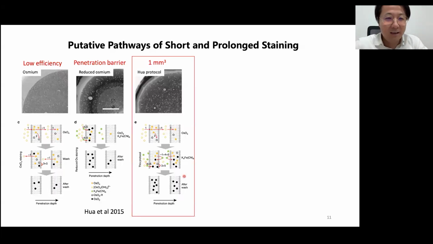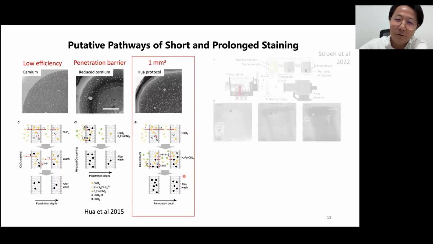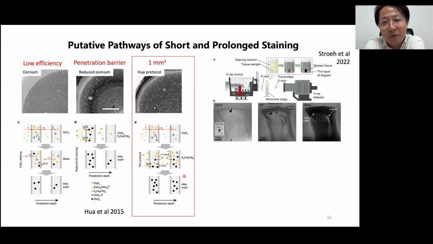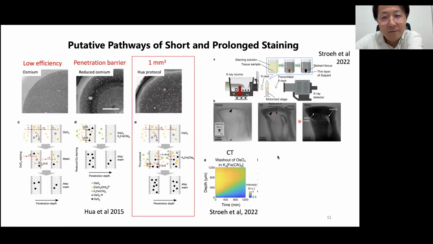Okay, so far, we go back to about 10 years ago, it's already 10 years. We saw that, okay, it's the logic, it explains everything, but people became greedy and wanted an even bigger sample. And then in this paper, they put the test tube, or staining tube, in the X-ray microscope to monitor the staining process. And surprisingly, they found,